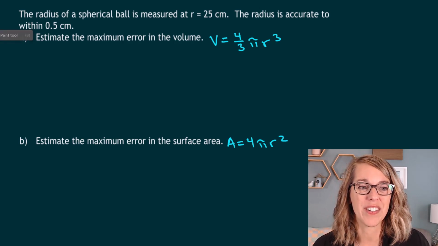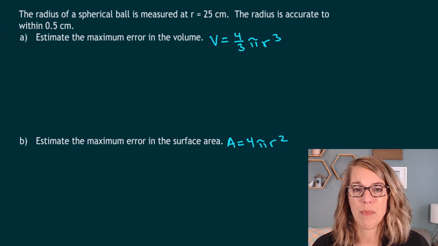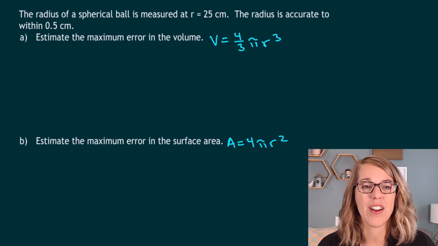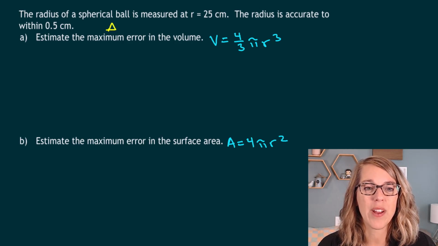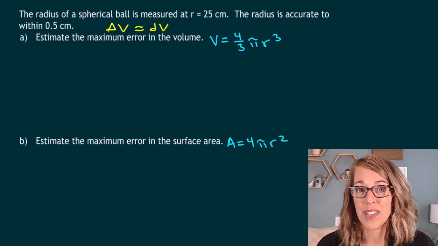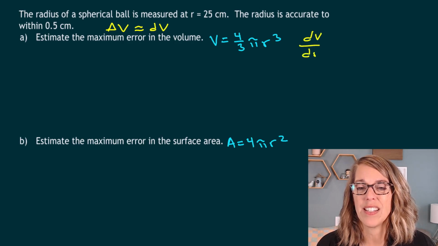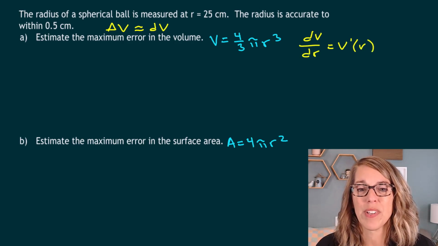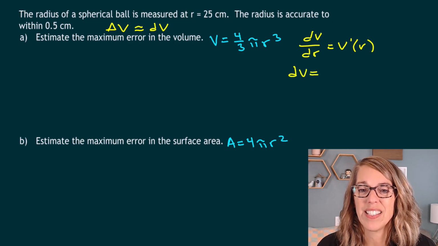So I've got my volume here, and the volume is that 4/3 pi r cubed. I know that I want to come up with the maximum error. This is going to be the differential in v, and we're going to approximate that with dv. Well, my variable here is r, so if I were to take a derivative, I would have dv dr is equal to v prime of r. So I can go ahead and just rewrite that differential formula as dv is equal to, I'm cross multiplying now, v prime of r